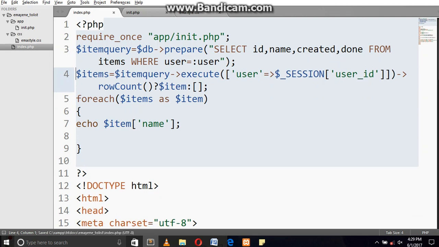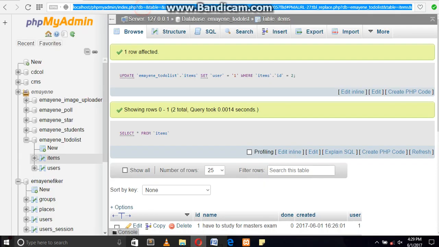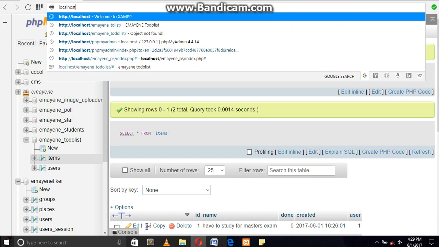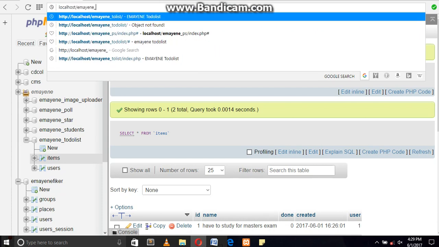And if this is returning fine, the items is going to be the item, but else it's going to return an empty array. So with that being said, let me come to my browser here,